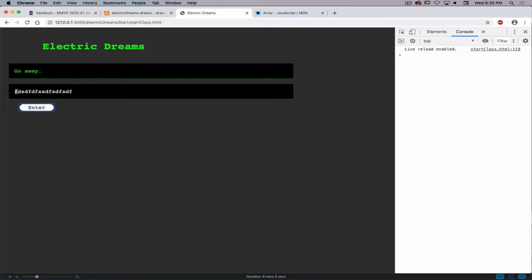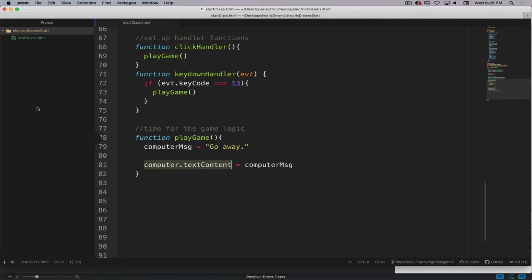It also seems that what I may want to do every time I hit enter or in play game, I may want to set human message to be equal to an empty string, and actually that doesn't really matter, but what we can do is we can now wipe the contents of that